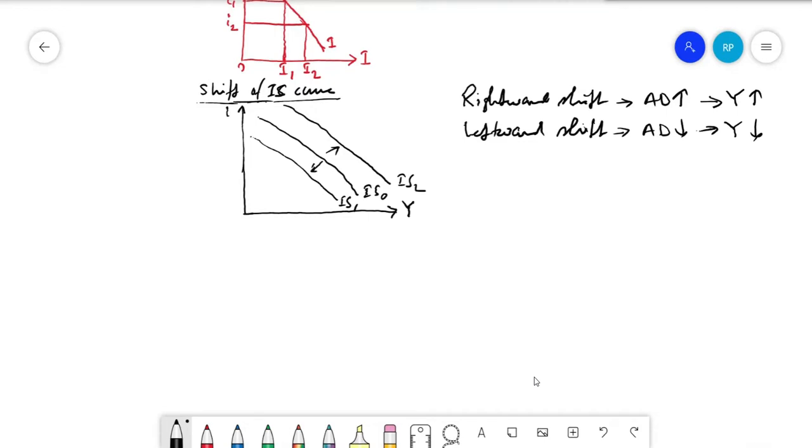Okay, so once I complete the monetary system, then we will derive the LM curve, and then we will take the IS curve and LM curve in the same diagram, which is known as the ISLM model. So we will do the ISLM model later on. We are moving step by step. So here you have seen that yes, there is a relationship between the interest rate and the income, and it is inversely related. So movement along the IS curve is due to change in interest rate, that is the market rate of interest. Now how can the IS shift?